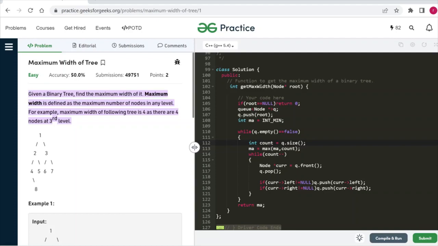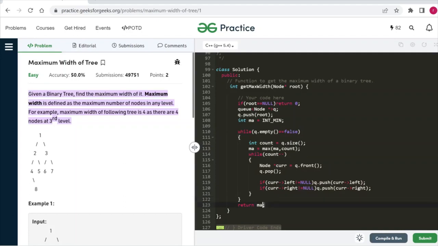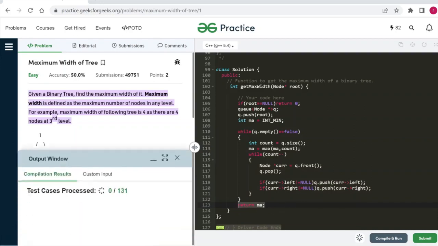If it is greater than the previous ma value, we are going to update the ma variable, otherwise we are simply going to skip it and not do anything. This while loop is doing nothing but the level order traversal that we have seen previously also. Once this entire while loop is executed, we have our answer stored in our ma variable, that is, the maximum number of nodes in a given binary tree, and we will simply return our ma variable.